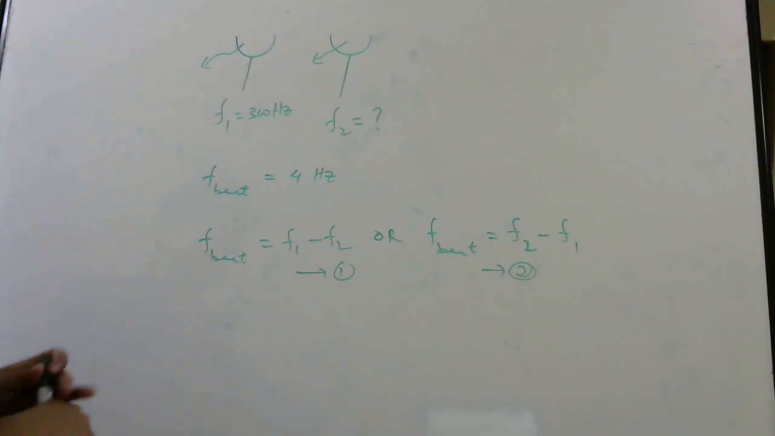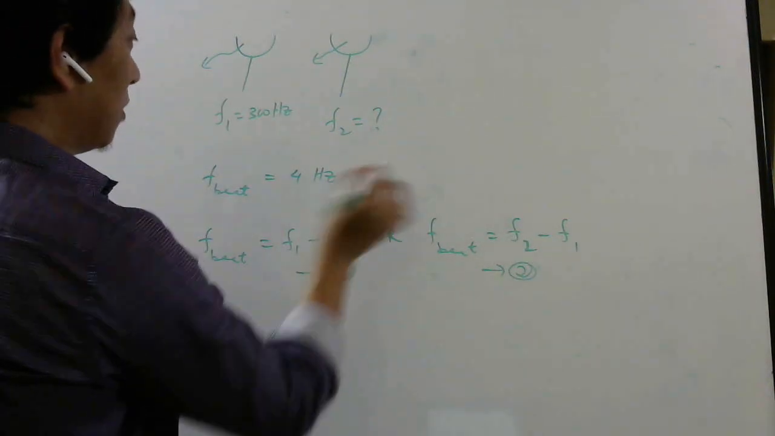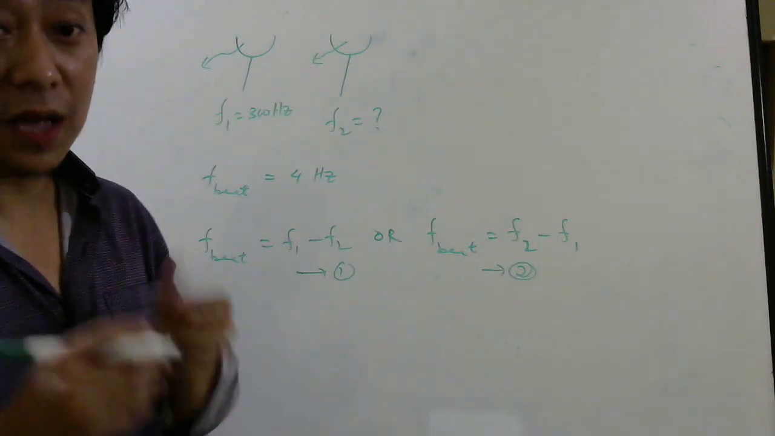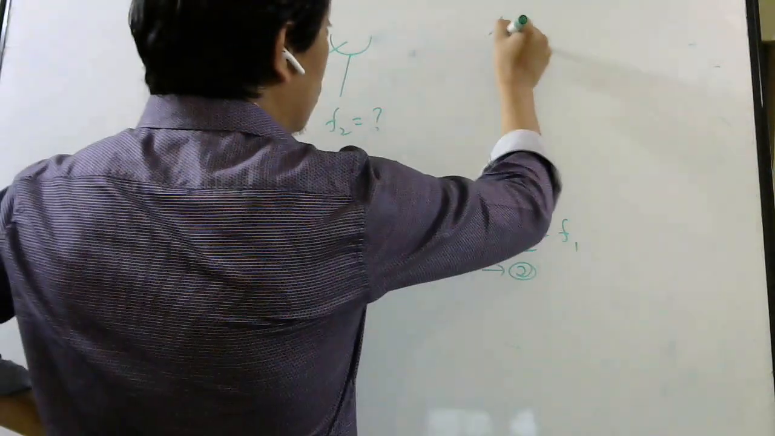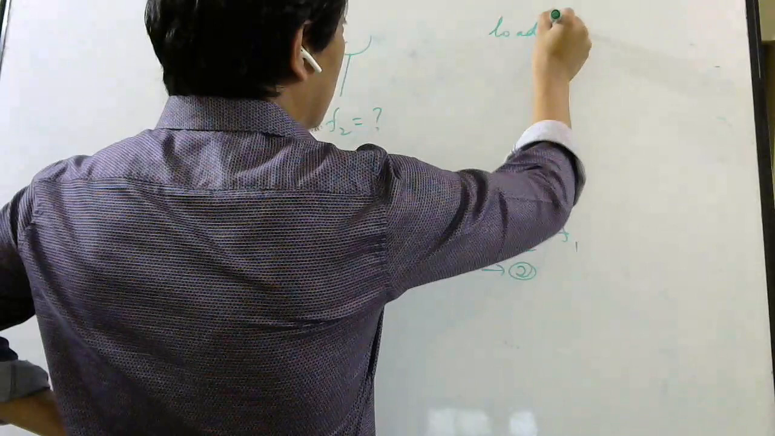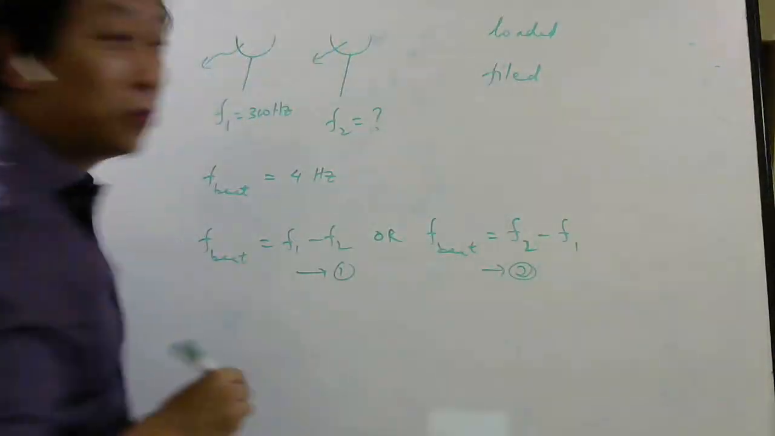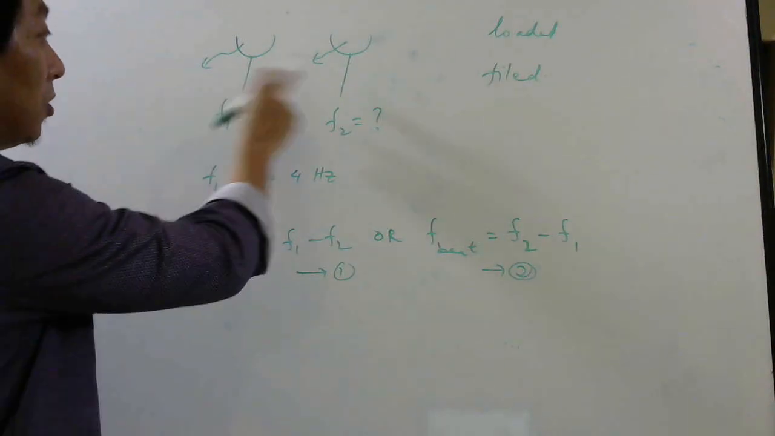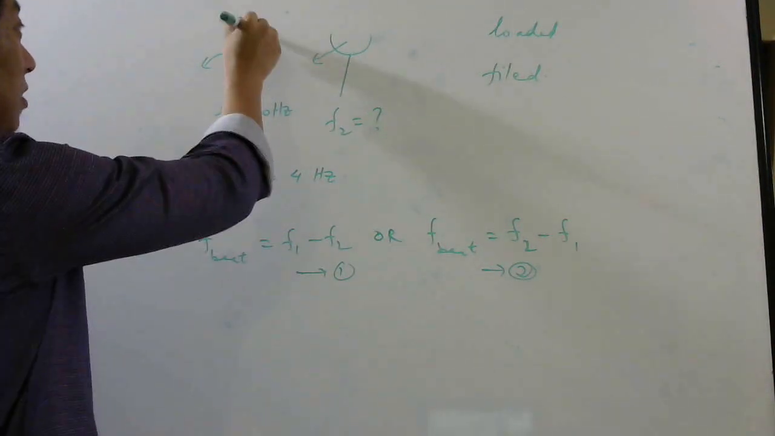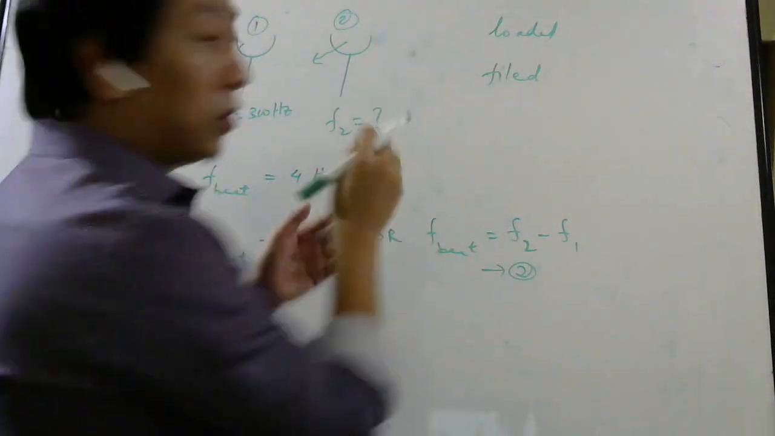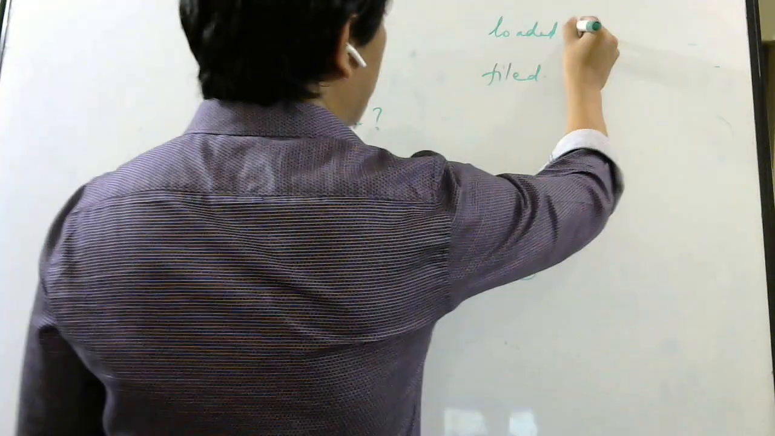So in this case, they will include one more piece of information. They will say one of these tuning forks will be either loaded or they will say it has been filed. These two words they use. One of the tuning forks, either this or this, I don't know, number one, number two. When you load, usually you load wax. So what happens? The frequency will